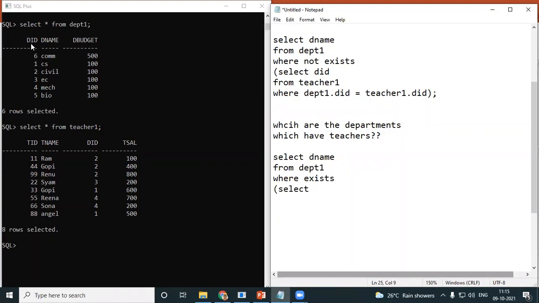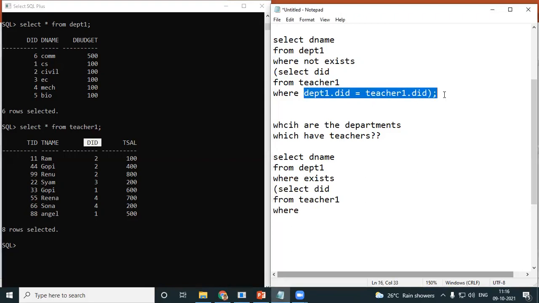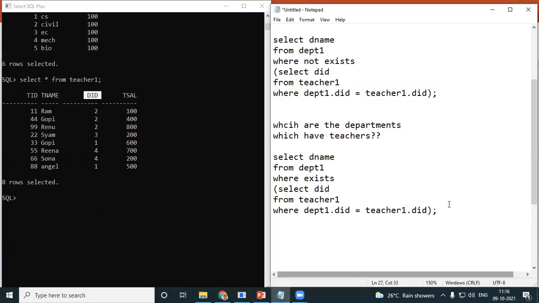You can do a comparison only with your DID because those are the connecting fields. Select DID, from the second table, my inner query table teacher1, where you're connecting two tables. So my department1 DID should be equal to my teacher1 DID. Just copy paste. And let's see.